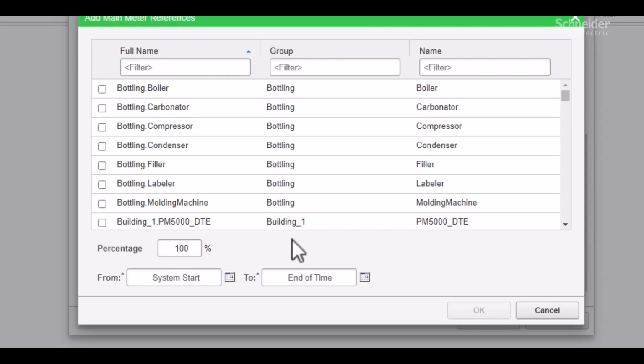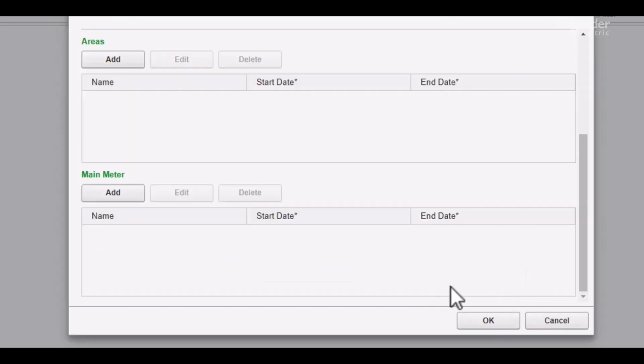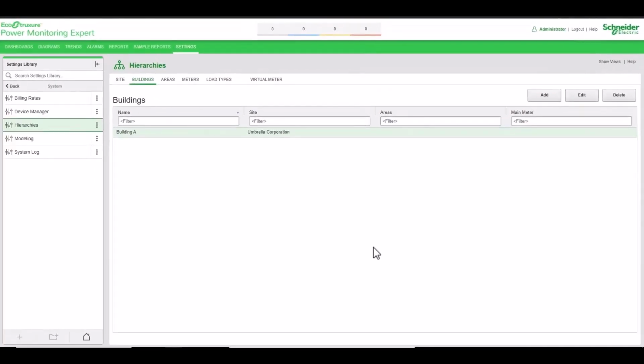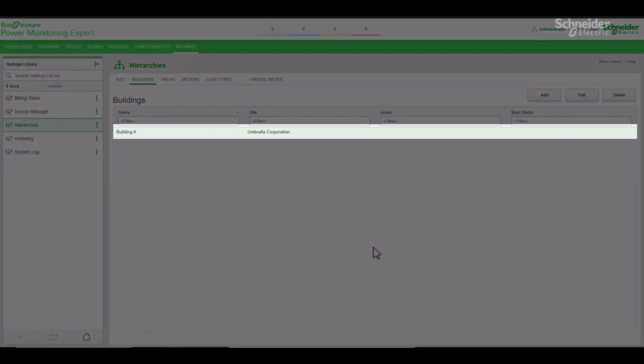The from and to fields define the dynamic time interval when measurement values are used. For example, if nodes or physical devices will be replaced or temporarily shut down for routine maintenance, we would set specific dates. Here, we are leaving them at the default system start and end of time. We'll pull measurement data for all available date ranges, and after we click OK, we can now see the new row entry for the Building A node, and we will repeat this process one more time to create a second Building B node.